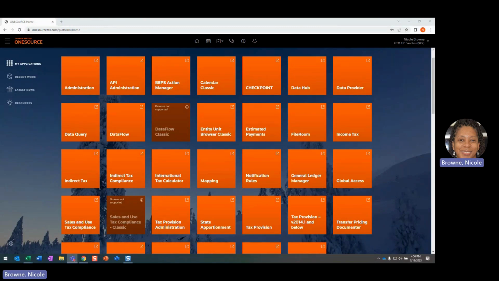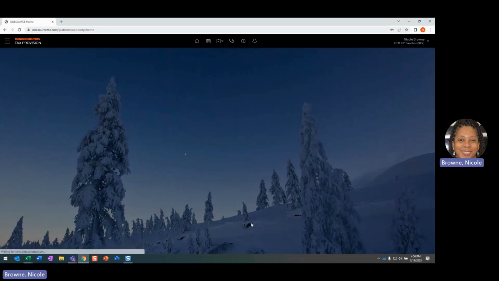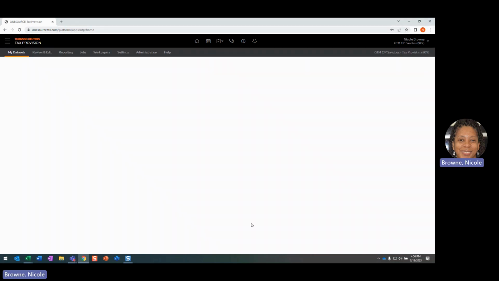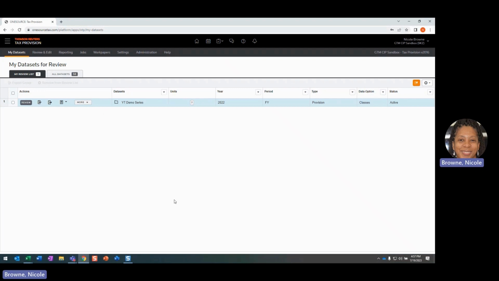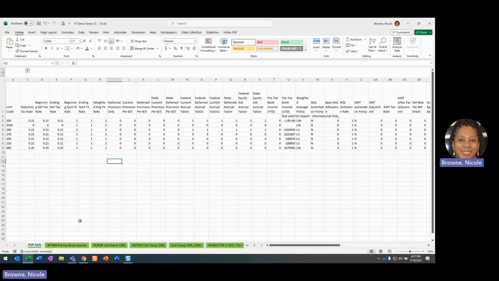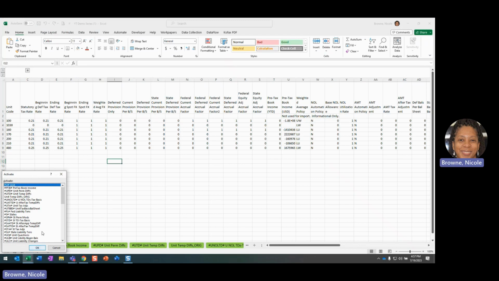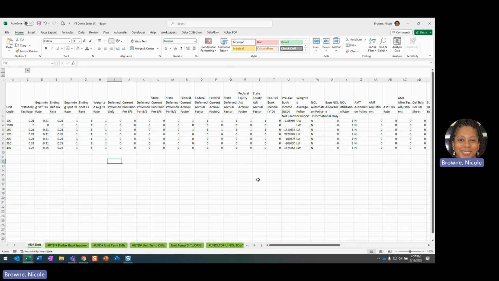Going to continue a discussion from another episode where we talked about importing data into OneSource tax provision using import spreadsheets and also exporting the data. So in that earlier episode, we walked through all of the tabs that come out when you are exporting data out